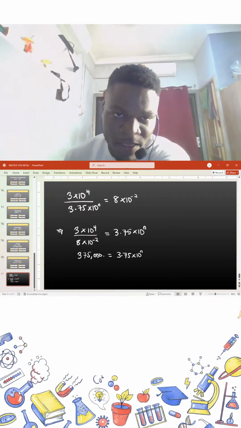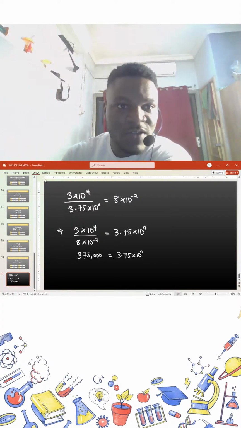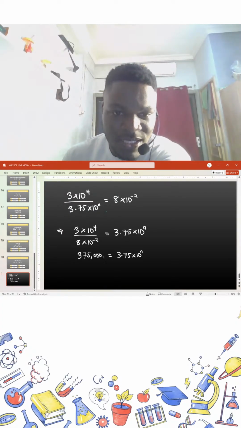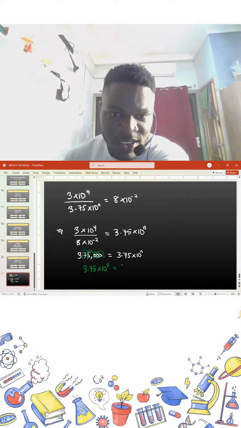So if I do that, let me try and see if I can use a different color. Okay, so let me use green for that. There's a decimal point over here, so I need to move it once, twice, 3 times, 4 times, and 5 times for it to come here. So I now have 3.75 multiplied by 10 raised to the power. Remember, I moved this 5 times, so I have 5 here at the top, and this will be equal to 3.75 times 10 raised to the